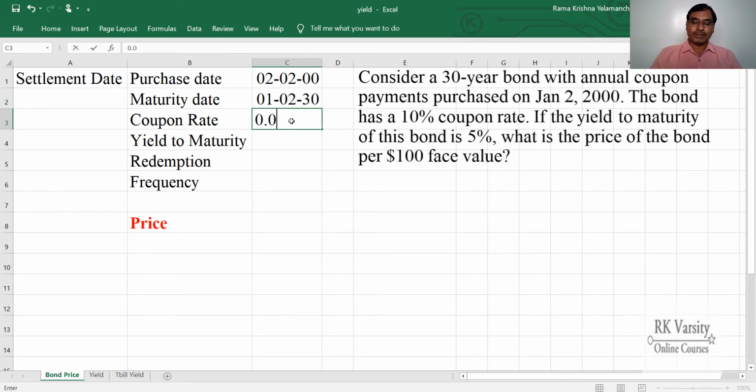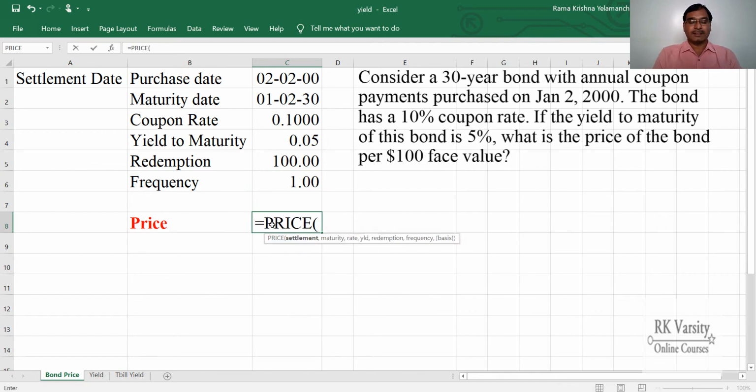So that is 0.1, which is 10%, and the yield to maturity of this bond is 5%. So that is 0.05. Then redemption is 100%. So whatever the par value, it is redeemed then. And this is an annual coupon bond, so frequency is 1. Now to get the price of this bond, type equal to price, this is the function, and